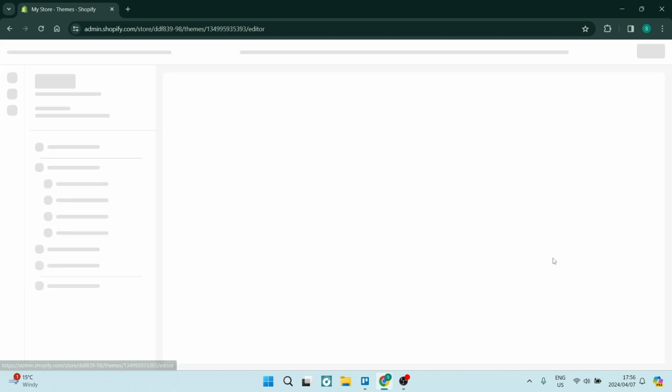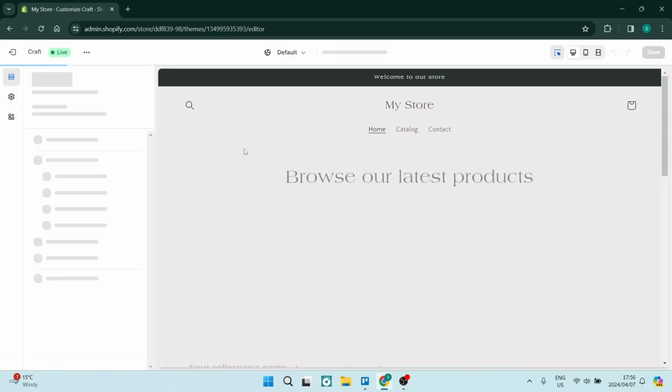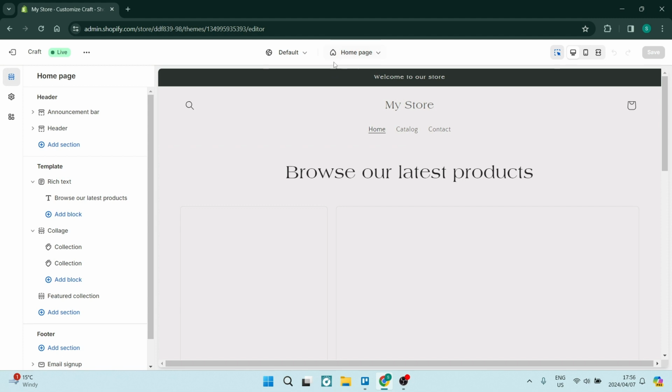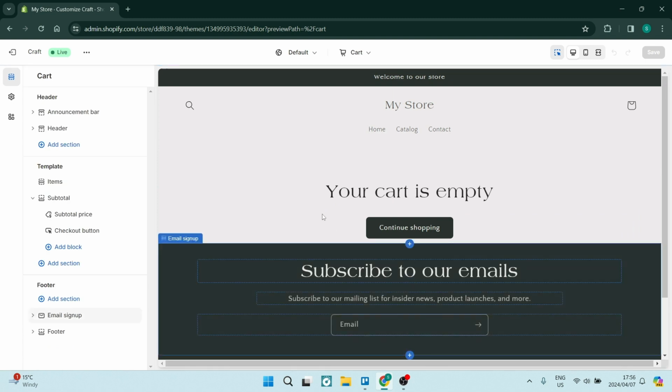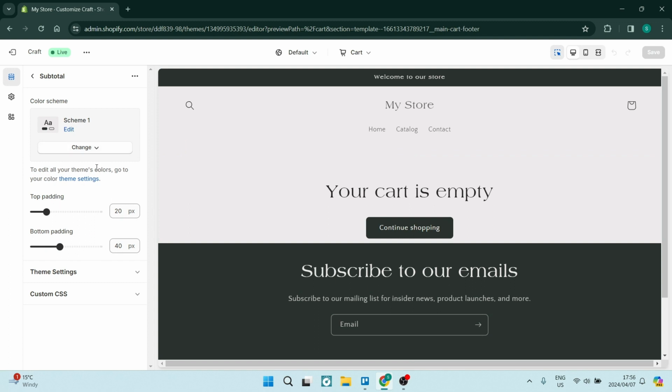So you're going to go over to Customize, and right here from the top, you're going to look for that Homepage tab, and you're going to use this drop-down menu, and you're going to look for Cart. Now, once you're here in Cart, over on the left-hand side, you're going to look for Subtotal. Okay, once you tap on Subtotal, you can go down and look for Theme Settings, and here you can tap